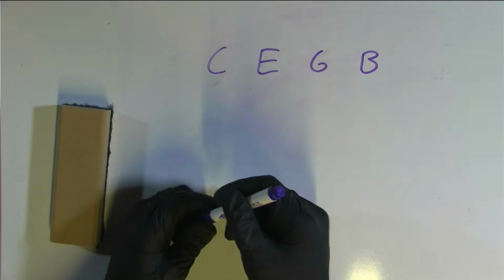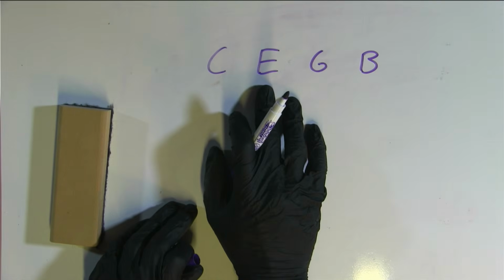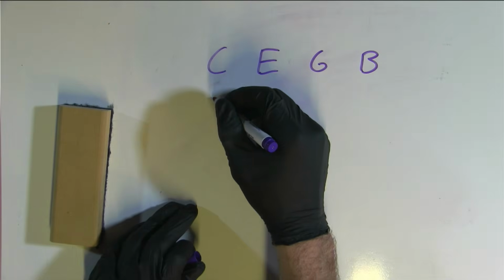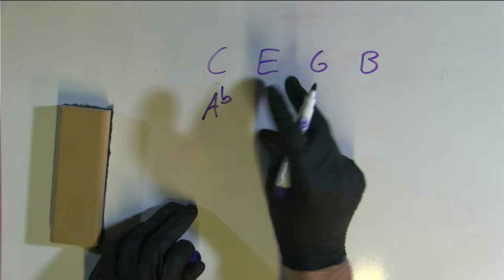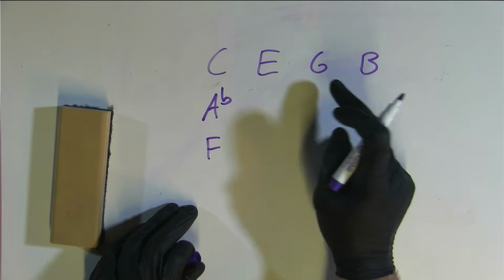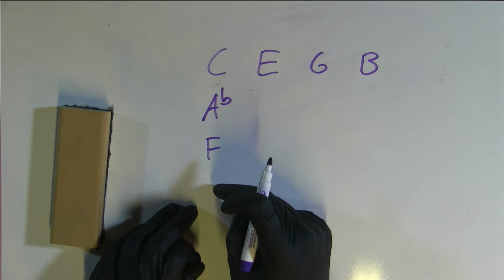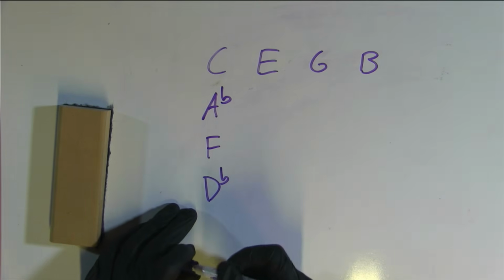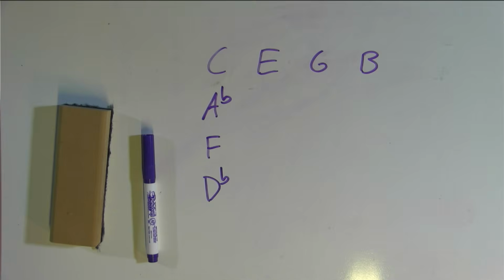What about the inversion? So C up to E, that's a major third up. What about C down? A flat, a major third. E to G, that's a minor third. A to F, that's a minor third. G to B, that's a major third. F down, a major third, is D flat. So the inversion of the C major chord is this chord,